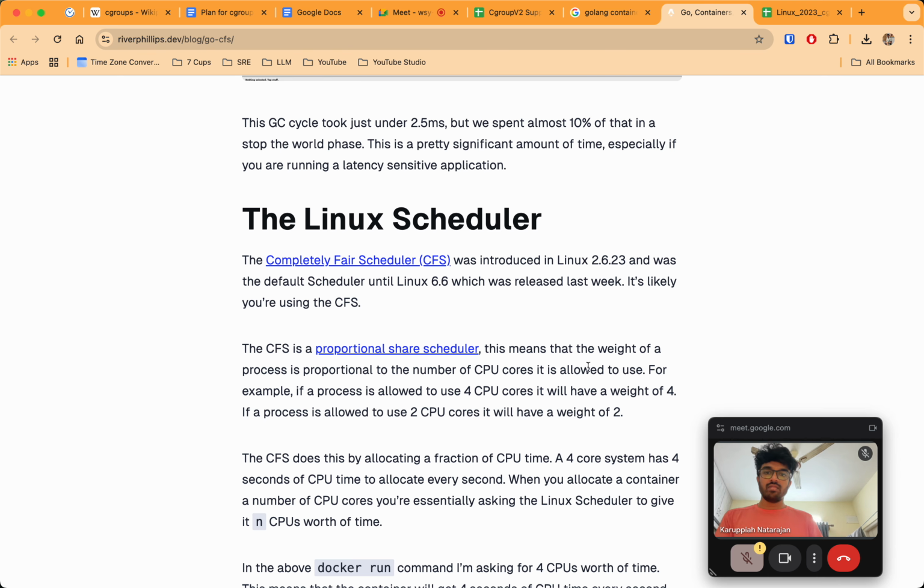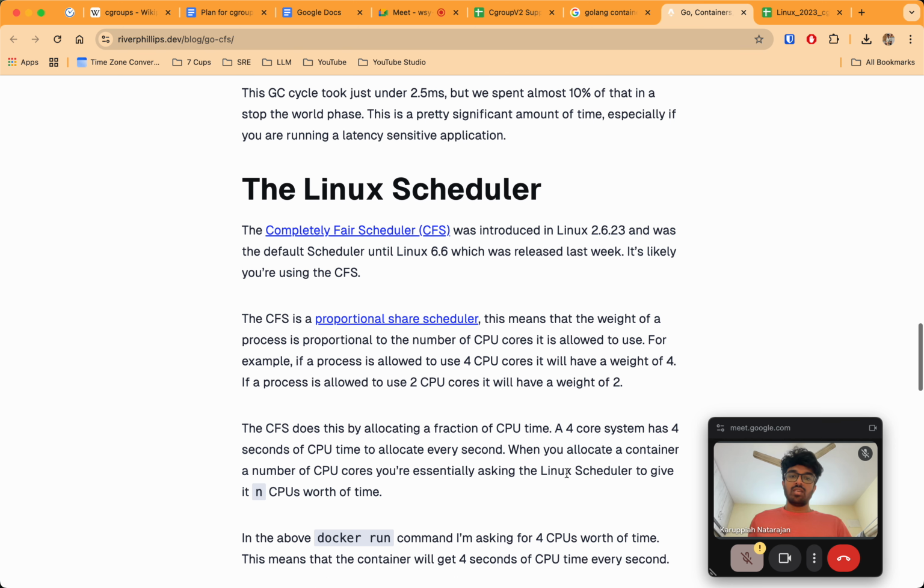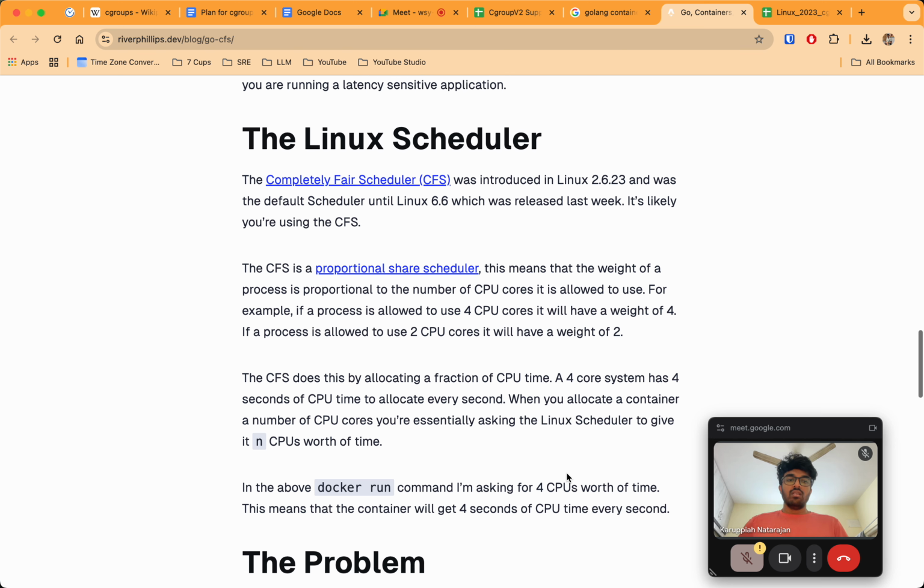And this means that the weight of a process is proportional to the number of CPU cores it's allowed to use. For example, if a process is allowed to use 4 CPU cores, it will have a weight of 4, and 2 CPU cores, it will have a weight of 2. CFS does this by allocating a fraction of CPU time. It has 4 seconds of CPU time to allocate every second.